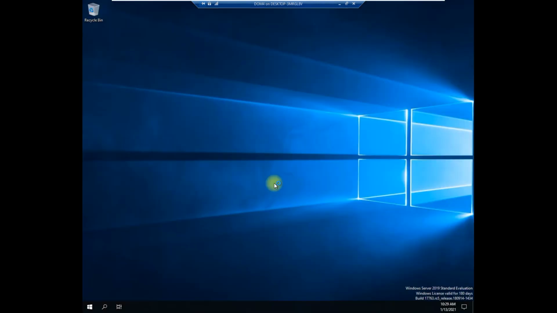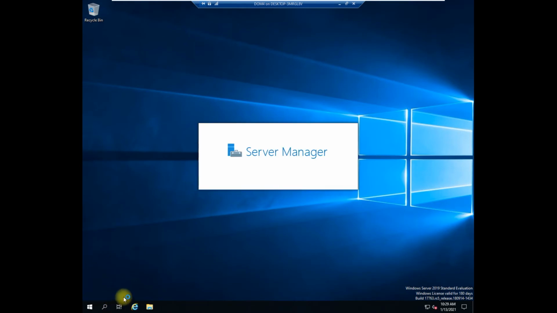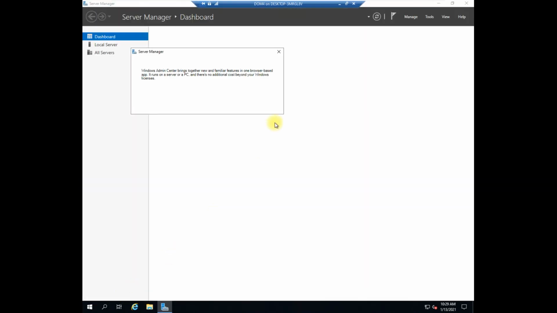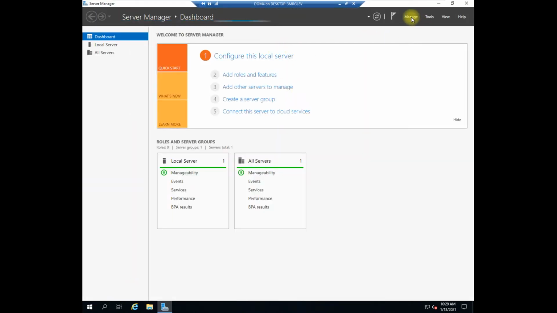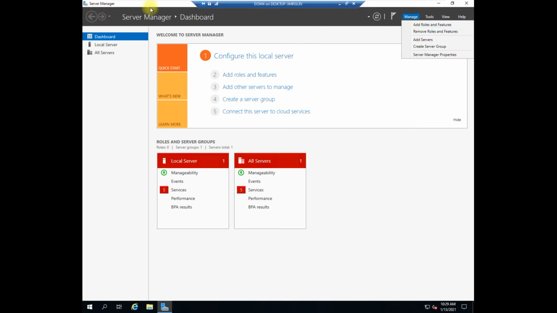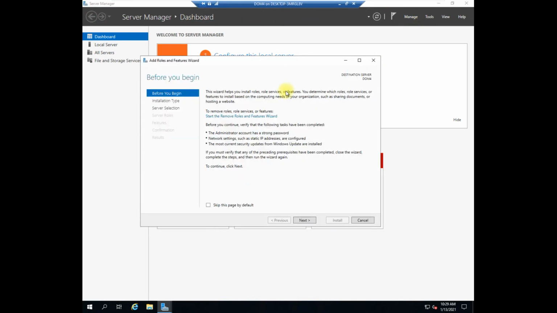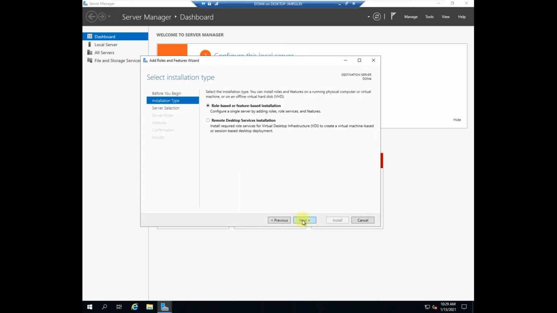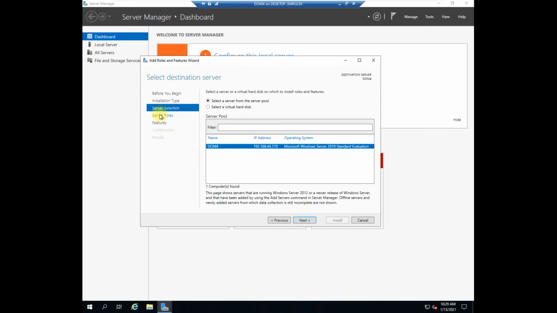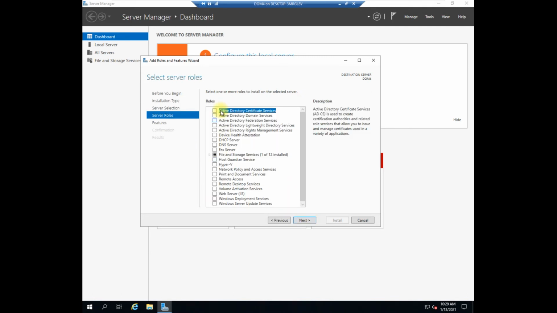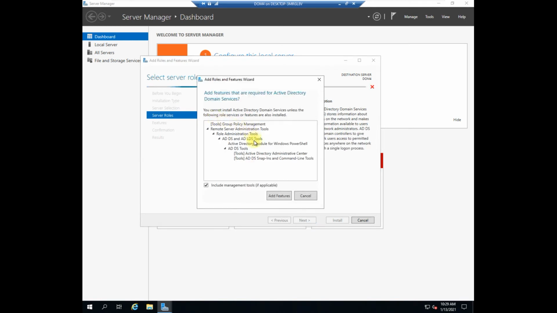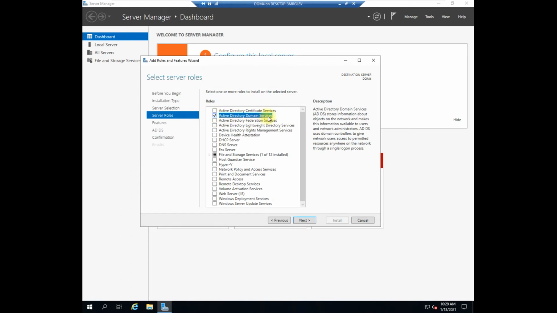Then after that, the host name of the server, we have defined it. Now we simply have to go to this section, Server Manager. Now go to Add Roles and Features, go to the next section, then again click on next. Then you can see that it's DOM4 and the IP address which we have defined. Now go to the next section and we simply have to select this option. Click on add feature, make sure Active Directory Domain Services, then click on next, then go to the next, and again go to the next, and then click on install.